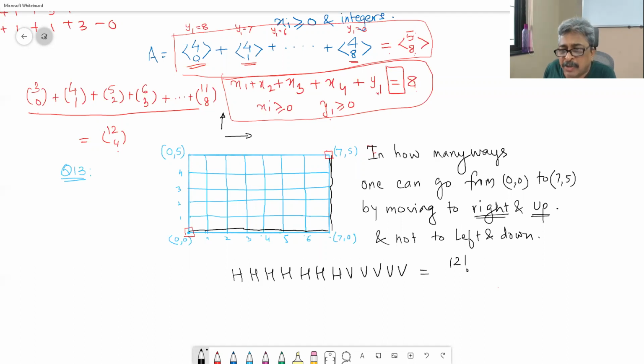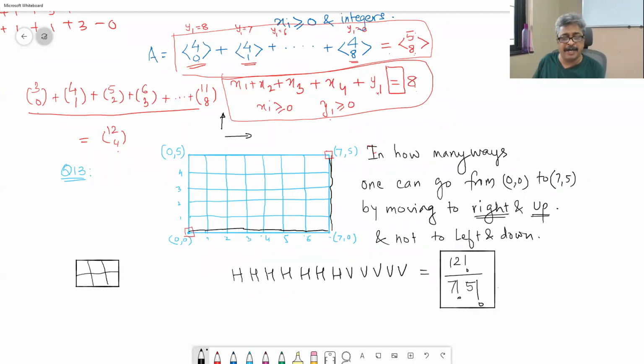First of all, there are total 12, so I can arrange them in 12 factorial ways. However, 7 of them look alike and 5 of them look alike. This problem you could have solved by constructing a smaller grid and actually counting 1, 2, 3 like this. You could have guessed even if you did not get the idea of using permutation with repetition. Do you understand? Of course, this can be done in elbow notation.